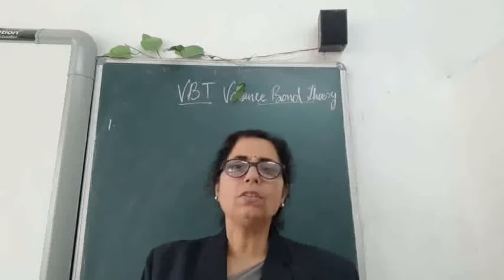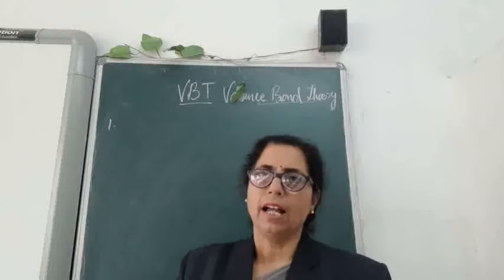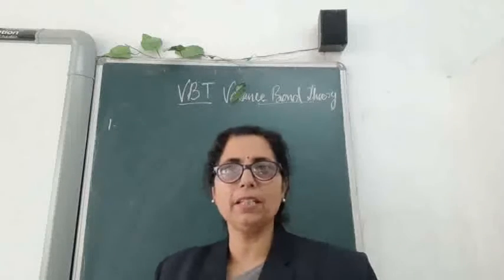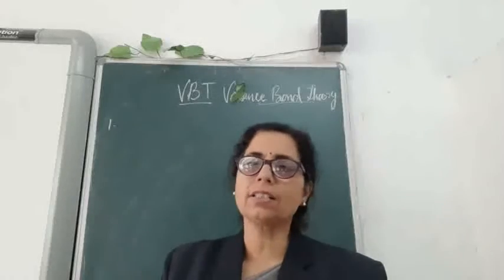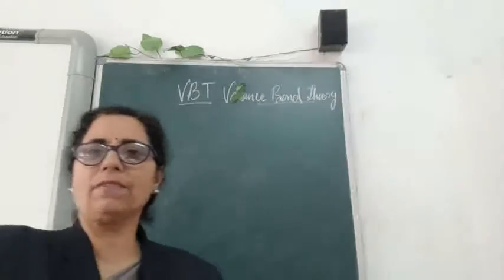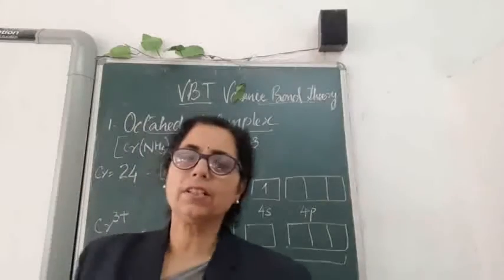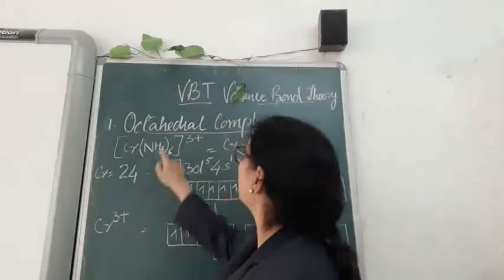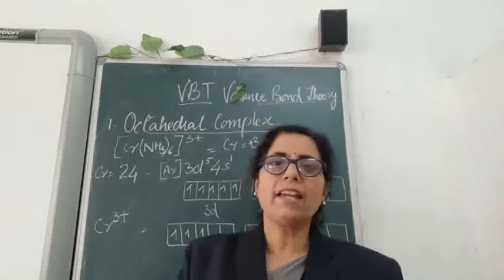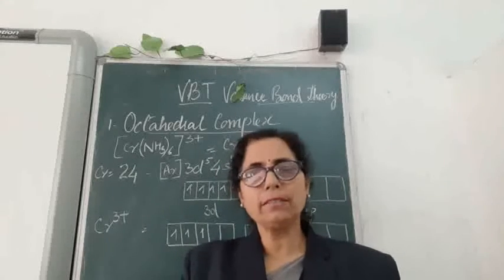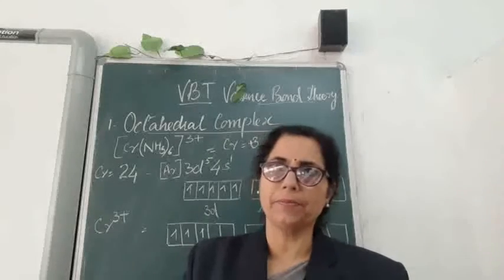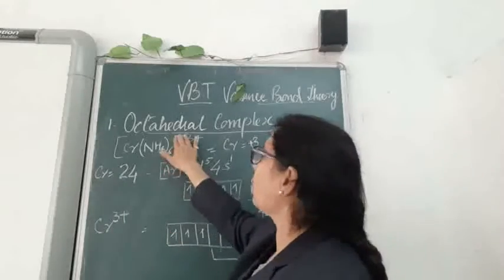So taking some examples, I am going to show how the tetrahedral, square planar and octahedral structures are formed. I am going to explain each one by one example. Now children, we will first see the octahedral complex, how valence bond theory has explained it, taking different examples and different types of complexes with different geometry. Okay, now first we will take the octahedral complex.